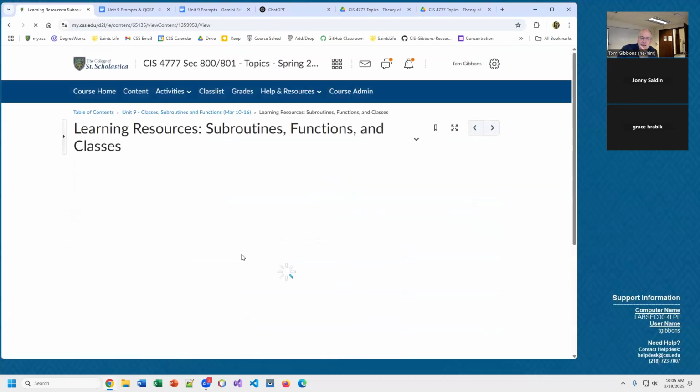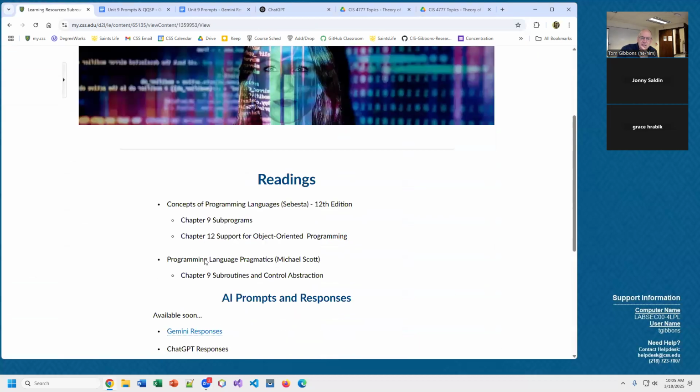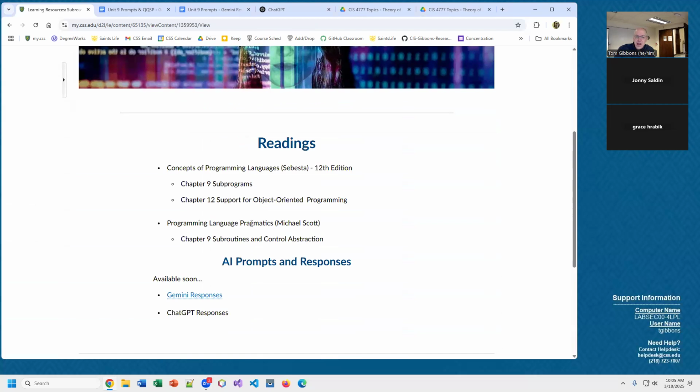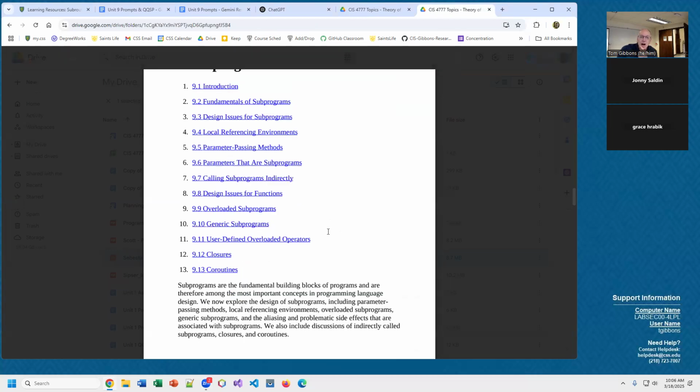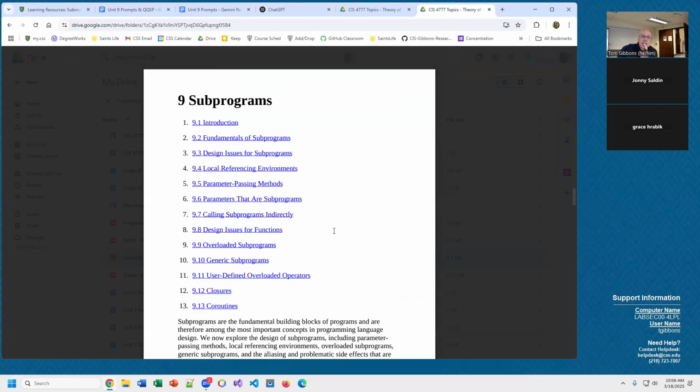I'll start by looking at some of the readings from these two programming language textbooks I like to refer to. I'll tell you right away, I don't love their coverage of this material, and part of this is just to show you what's there and why we're using AI instead of this. I think it does a little better job here. So this is Sebesta,